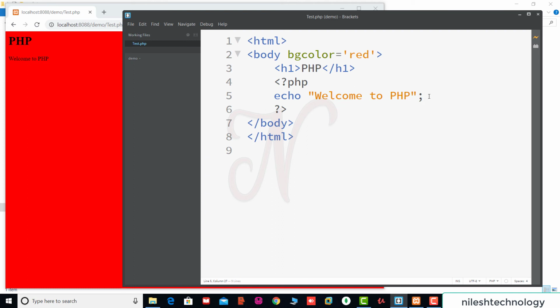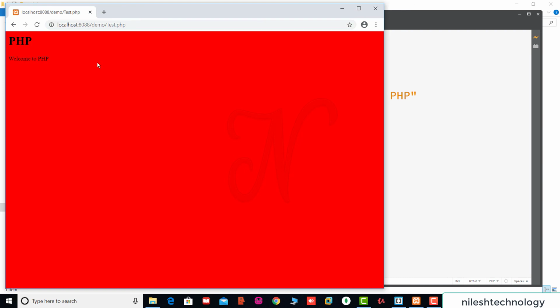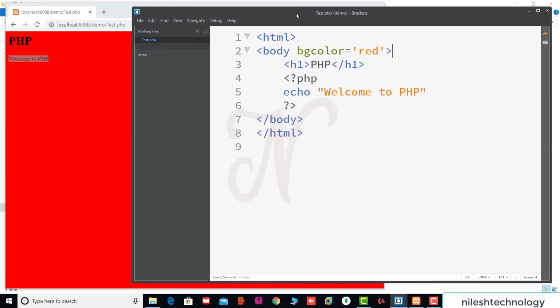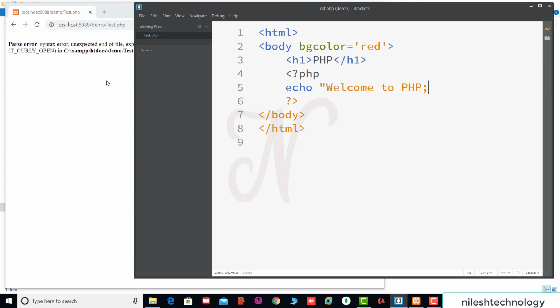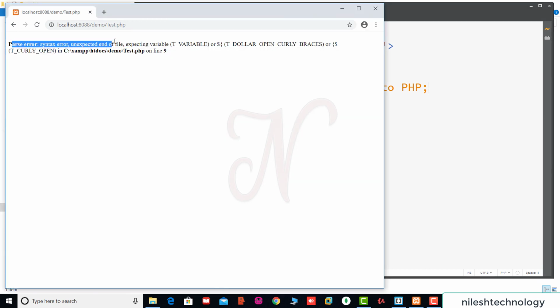So see here, if you forget this semicolon and save these changes, I use Control S to save this program, and if you try to run your program, then see here there is no issue. This is the latest PHP interpreter, but when you use an older PHP version or older PHP interpreter, then it shows an error. So see here, if you forget to close this double quote, and you save these changes, then there is an error, parse error, syntax error. So there is a need to write your double quote.